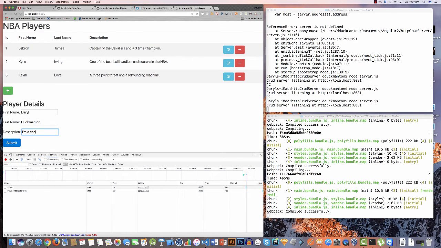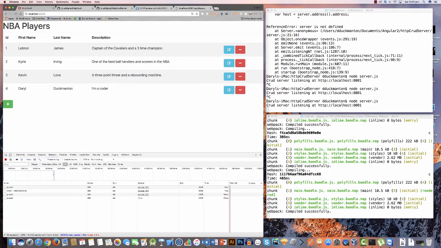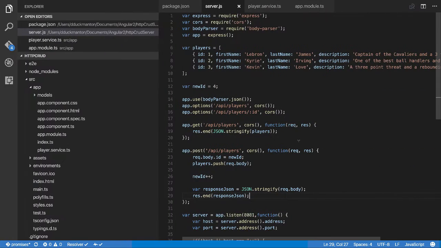I'm a coder, like so. Submit. We can see it's added directly to this list. If I refresh the page, I'm still there. Why am I still there? Because now I'm on the server. If you want to see that I'm on the server when I've added, well, what we can do